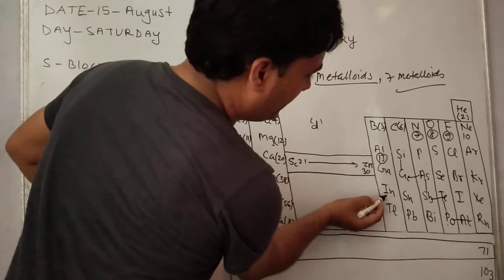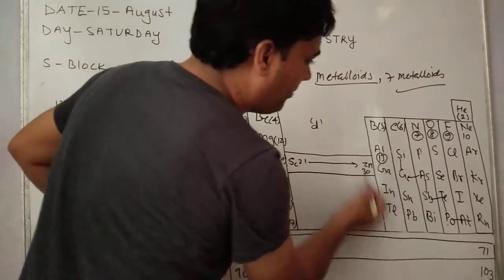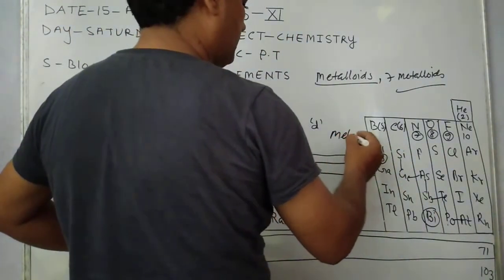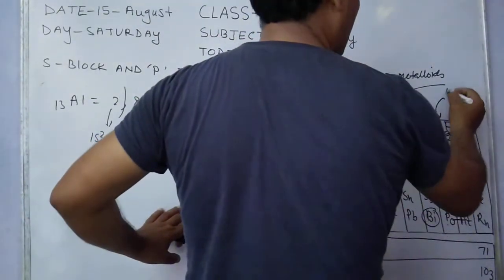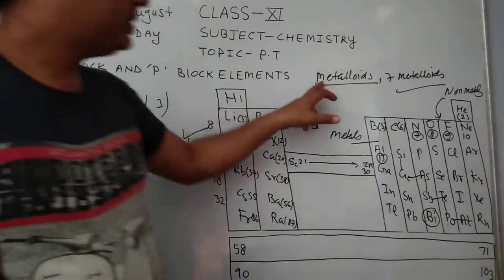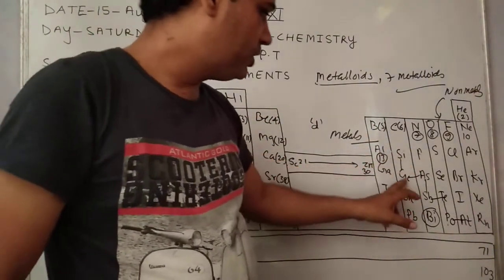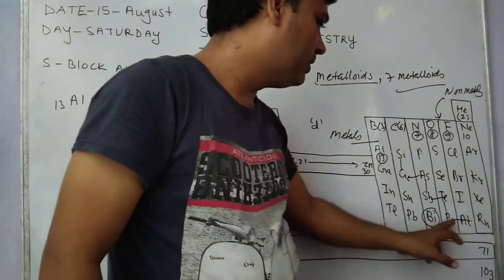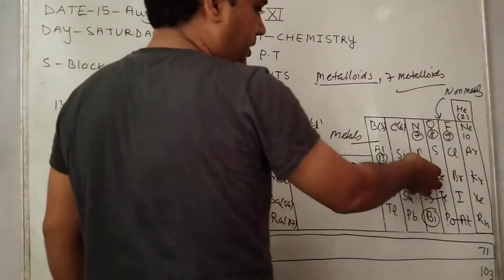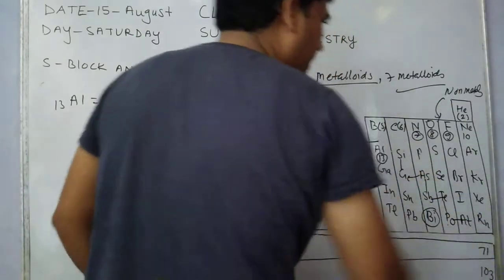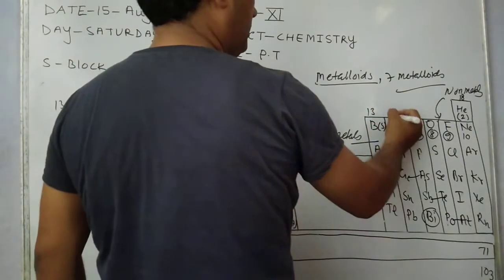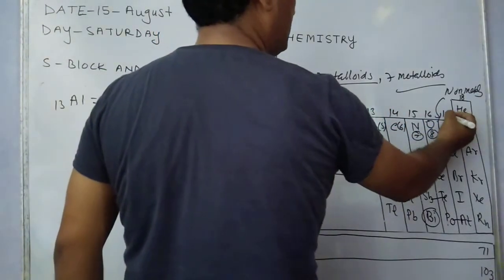Aluminium, gallium, indium, tin, thallium and lead. These are metals. Bismuth is also a metal. And these are non-metals. So metalloids are silicon, germanium, arsenic, antimony, tellurium, polonium and astatine. So p block elements contain metals, metalloids and non-metals. It also contains the inert gases of group 18. P block elements start from group 13, 14, 15, 16, 17 and 18.